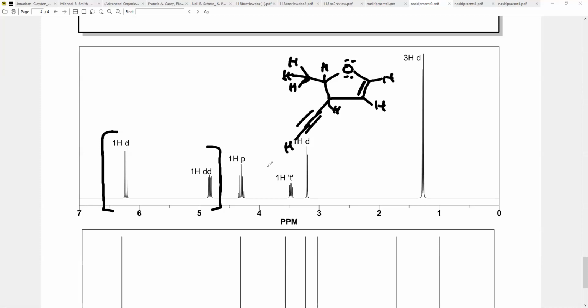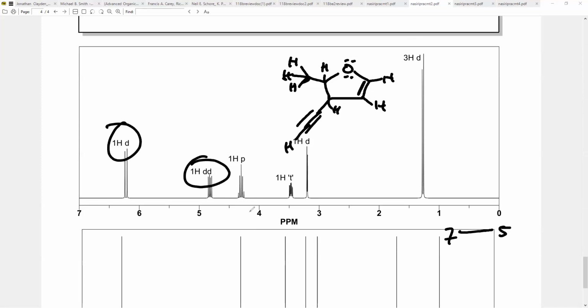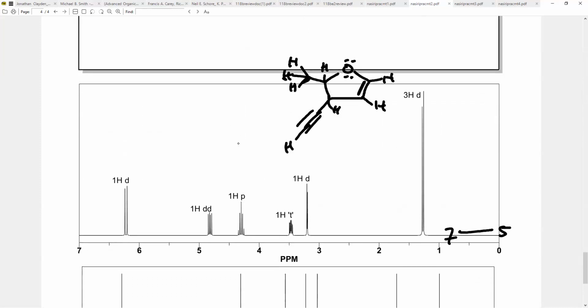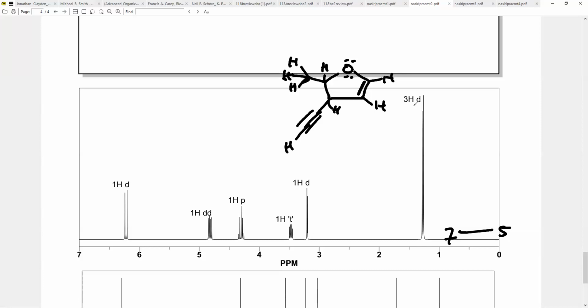This one was a little tricky actually. This one was probably a little too hard. One little tip that I'll teach you guys: what are some tricks that can help you figure these things out? So the alkene range is around 5 to 7. And usually alkene protons really stack next to each other, really, really close. Like this is actually interesting separation. And we also saw that down here too. The alkene carbons are incredibly separated. Whenever you see alkene protons that are separated on the lower end of this range, or another way of seeing this, the 100 to 150 range,